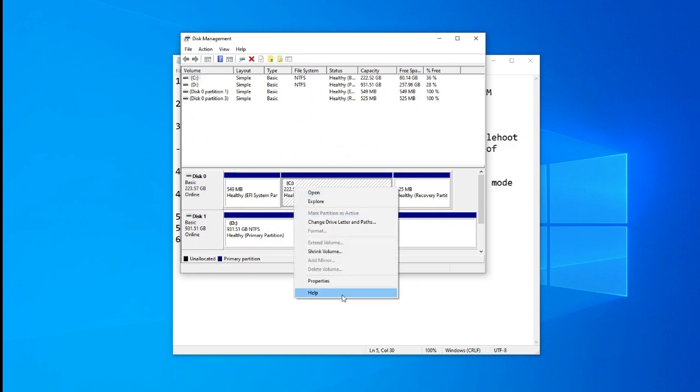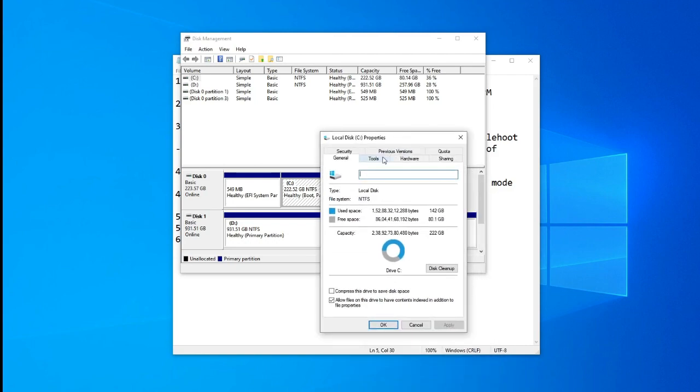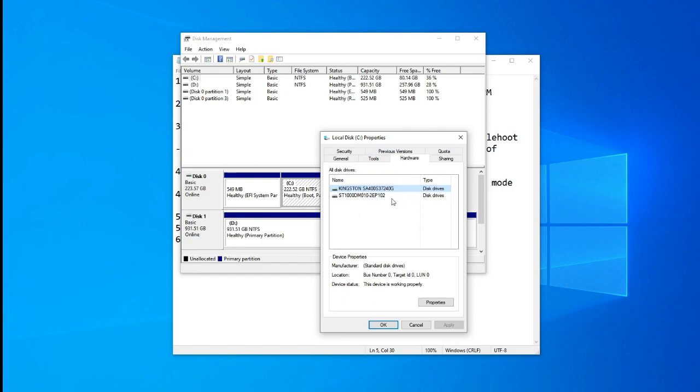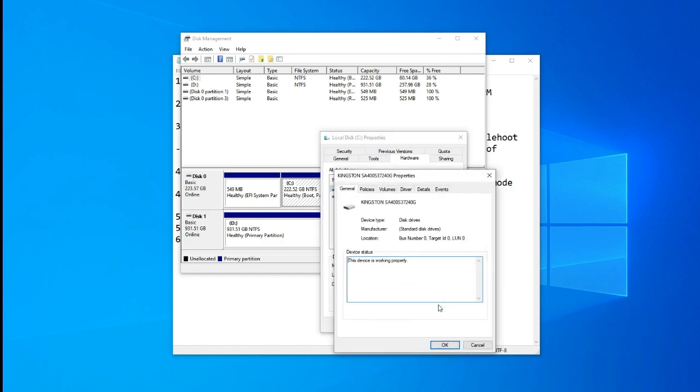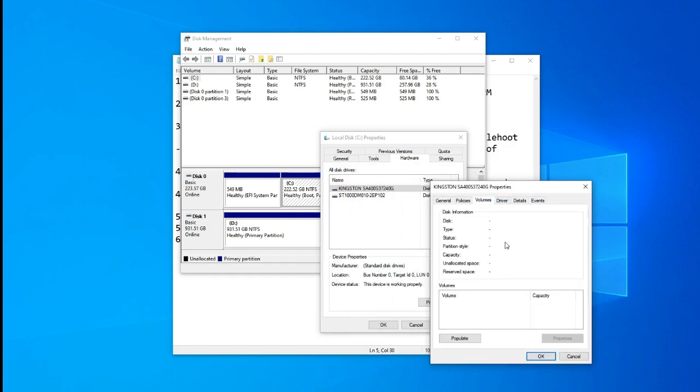But in my case, I am unable to get that information. You have to go to the properties, and inside the properties you should get a volume option, but I don't get any option. I went to the hardware section, properties, and when I check the volumes, I don't see the partition style here.